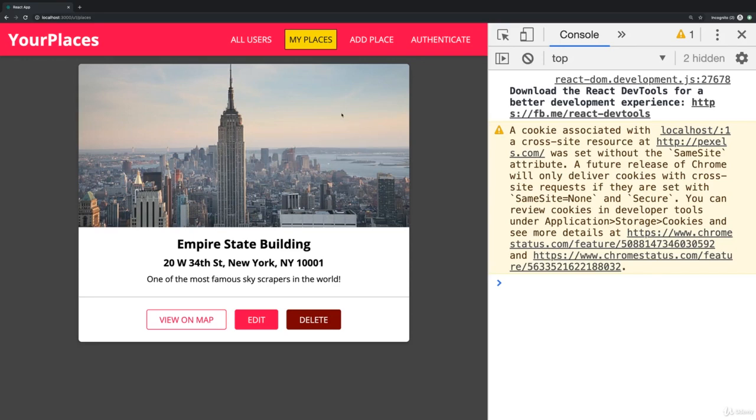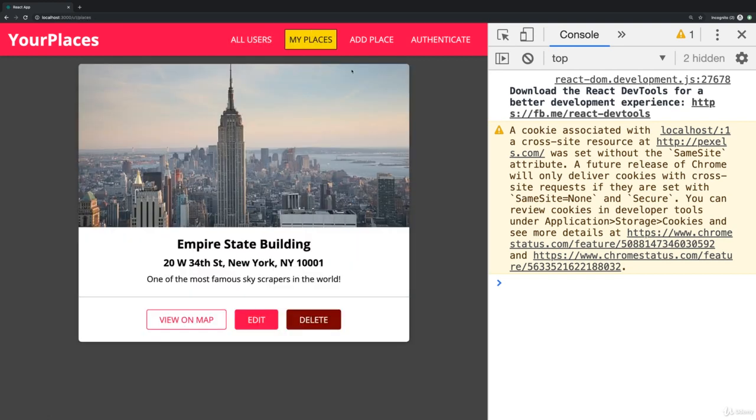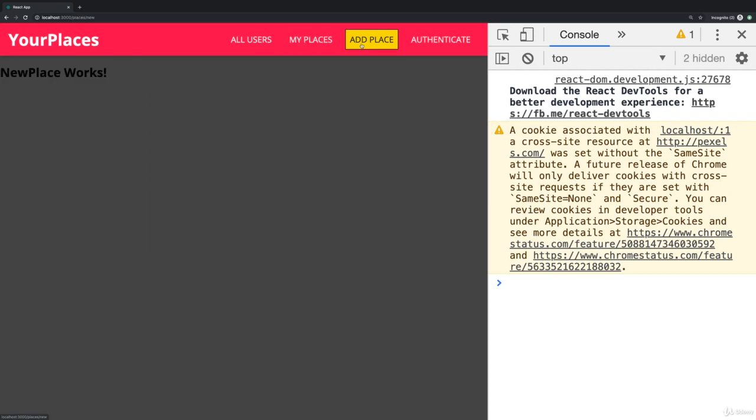So our application doesn't look too bad. We can certainly do some things here. Now, one thing we can't really do at the moment is add a new place. Now, one important note at this point, whilst we can, of course, add everything we need to add a new